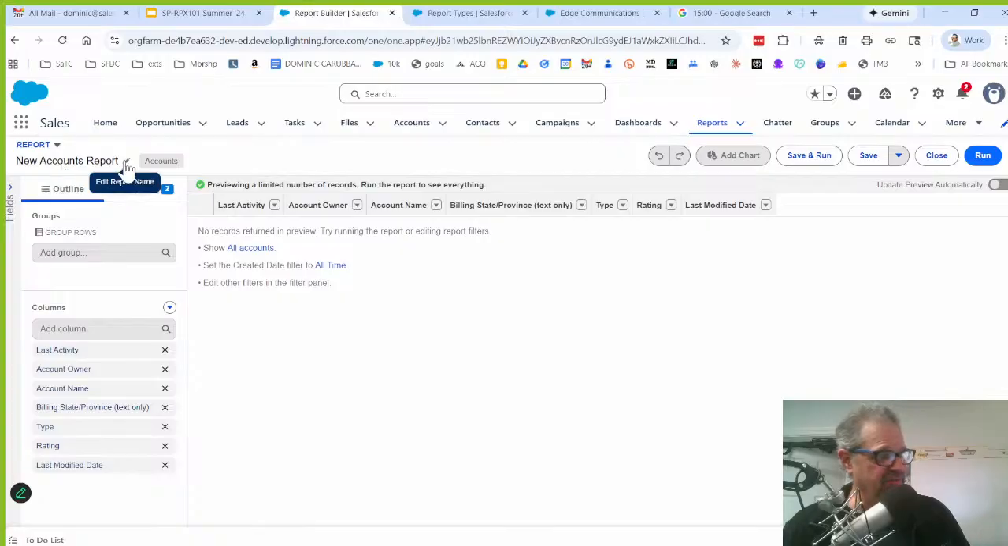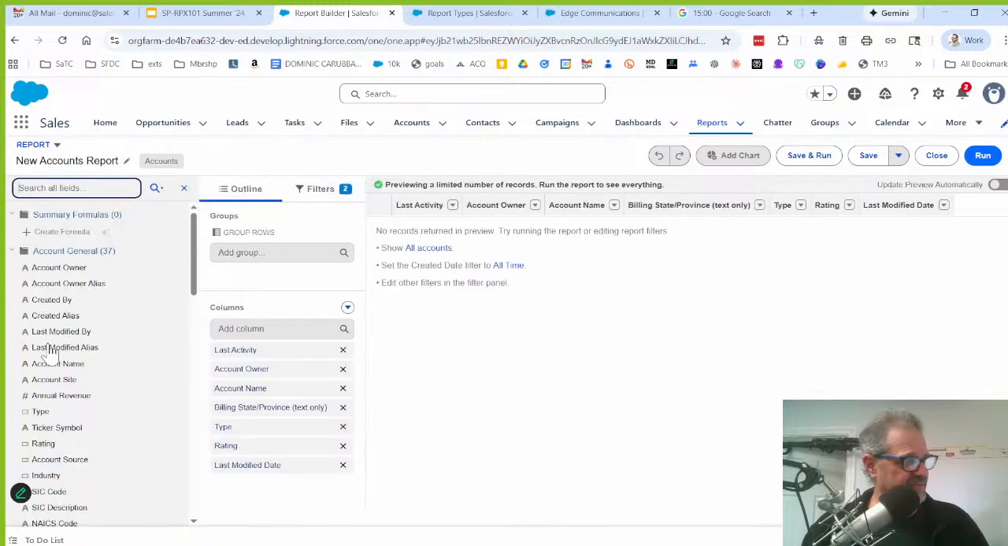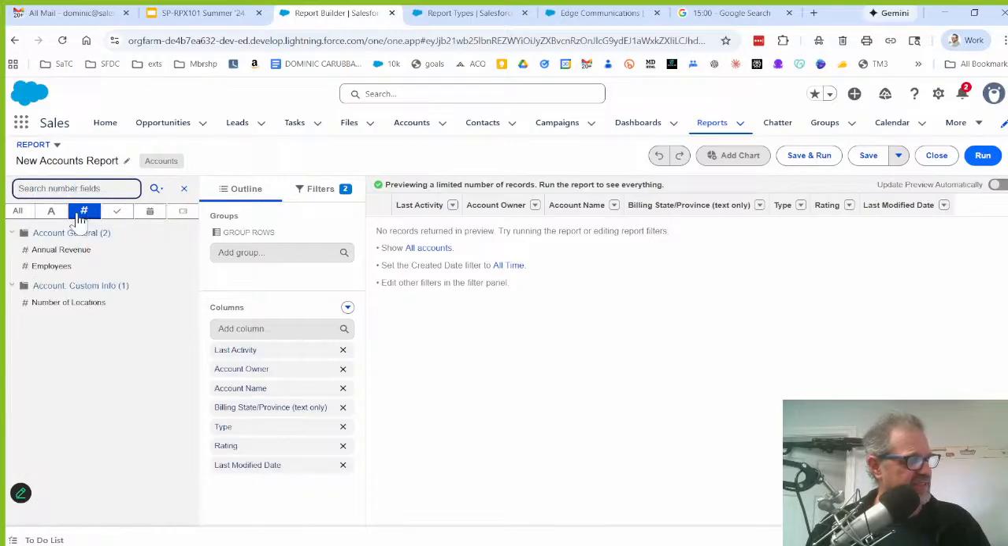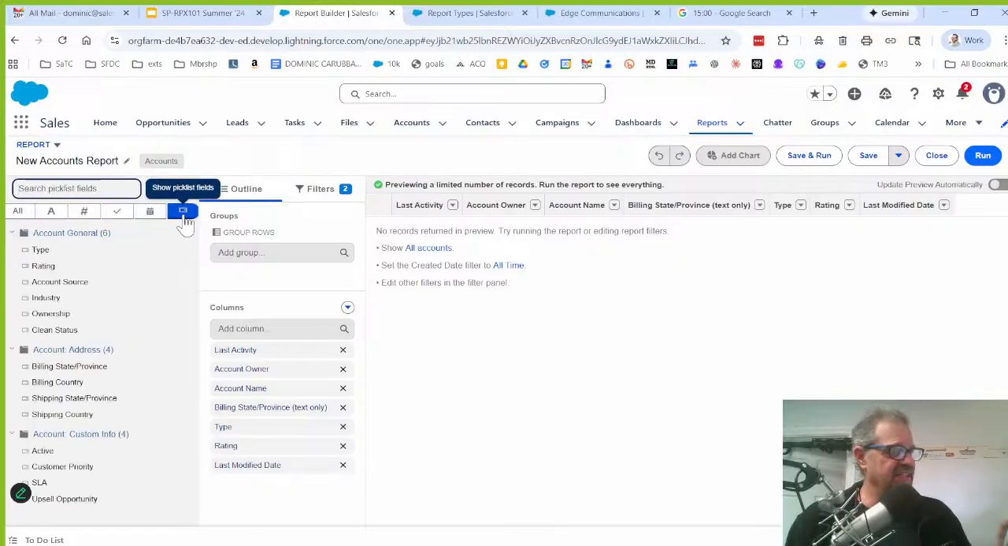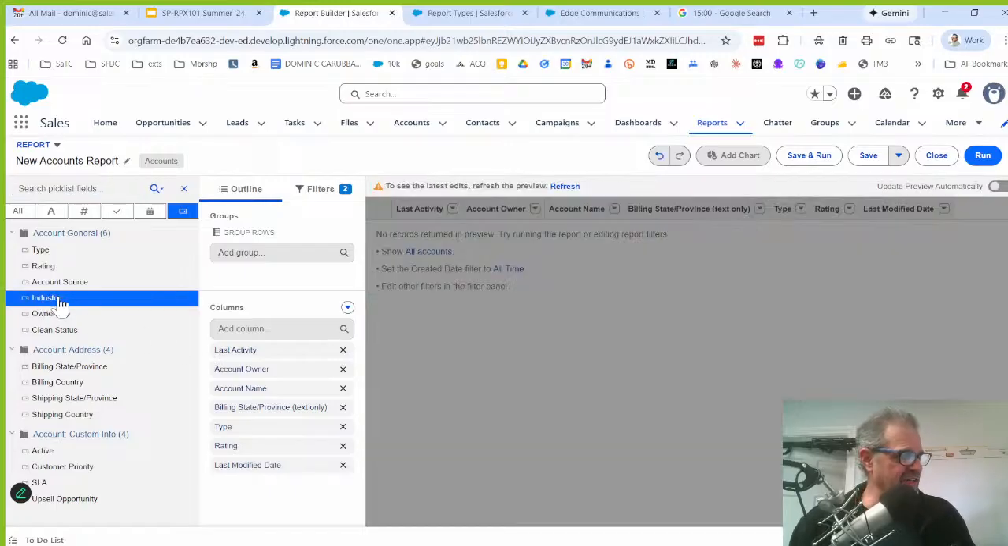That's the default report name. This is the report type we pulled in. Undo, redo, add charts, save and run, save, properties, close, run, all that good stuff. On the next row in the body, you've got 3 basic components. One, the fields, all the fields, which you can filter by type. I want to see all the number fields, the data fields, the checkboxes, dates, or pick list fields, because I want to pick from them, and you can add those fields